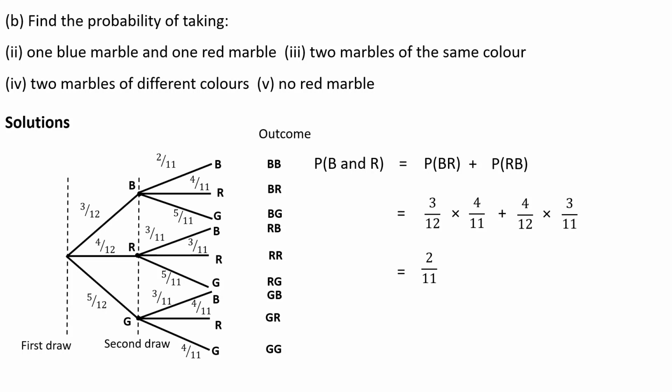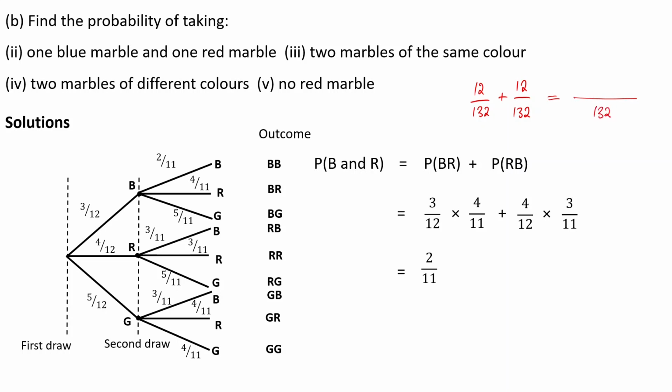Because we evaluate this here: 3 times 4, you get 12. Then over 12 times 11, you get 132. Then there's a plus here. Then again, you say 4 times 3, it is still 12. Then over 12 times 11, which is 132. So these are fractions. So when adding them, you look for a common denominator, which is